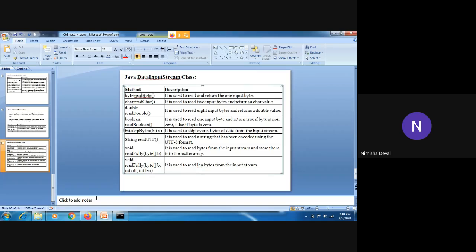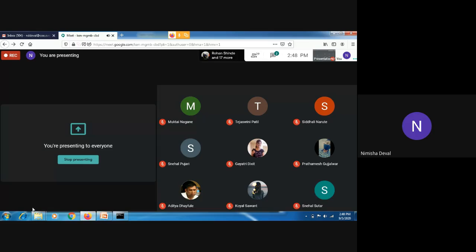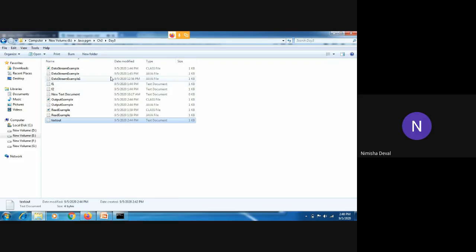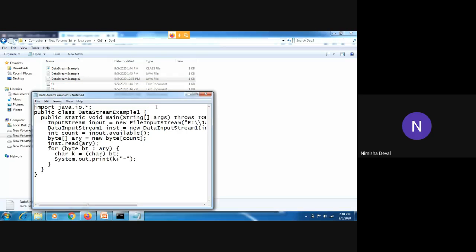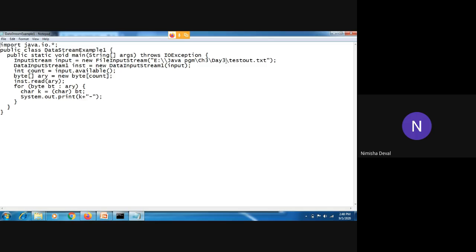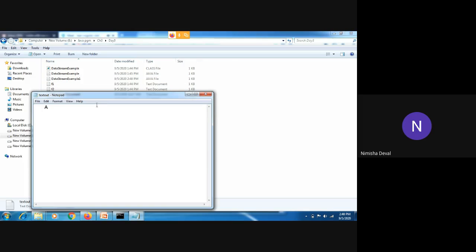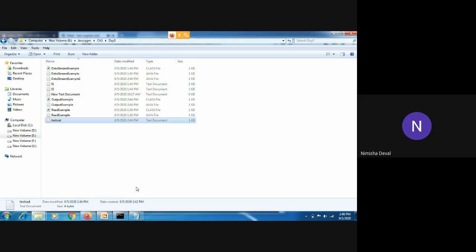So we will see one example. Okay, you can see over here. I will keep the output in the same file, that is the text file which we have already created, and you can see that here when data is there in this file. So what will happen if data is present in this file? Okay, you can see that logic also.